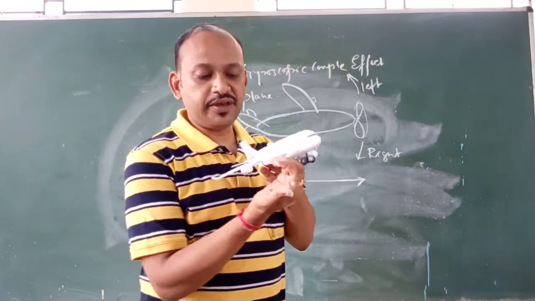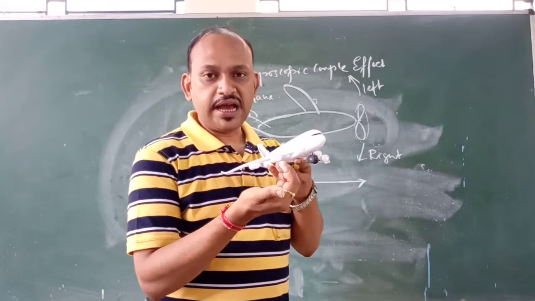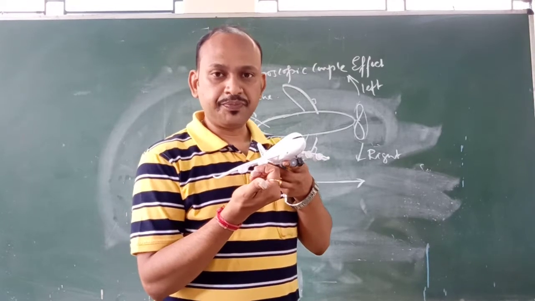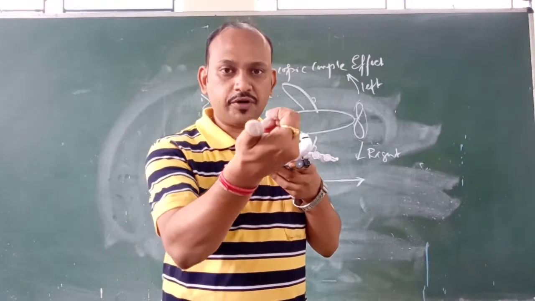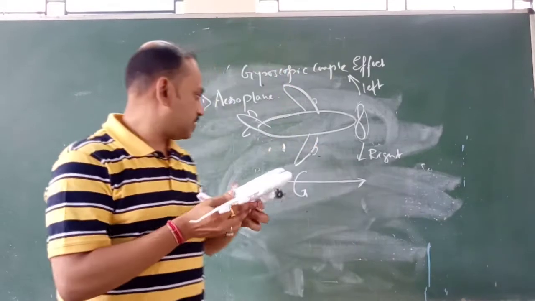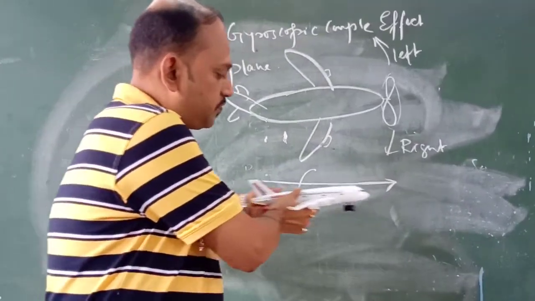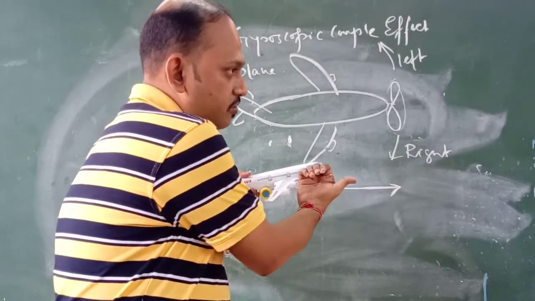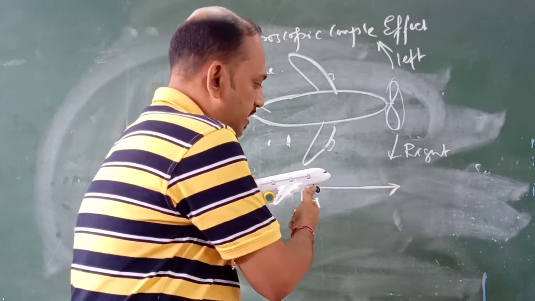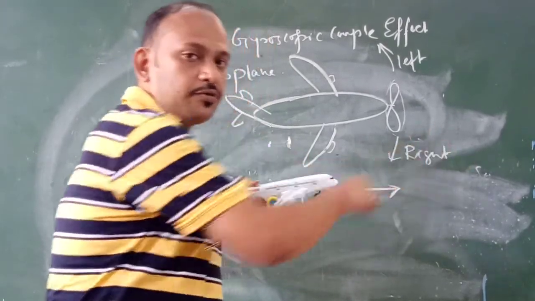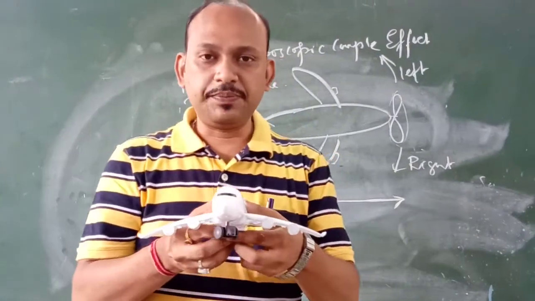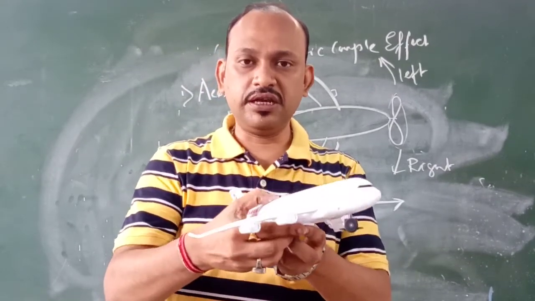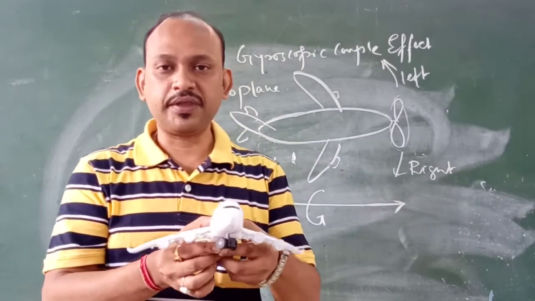Now if it is having an anti-clockwise sense of rotation when viewed from the front, that means the velocity vector will be acting in the forward direction. So this is the direction of the velocity vector as seen here. As the plane is moving in this way, the propellers are rotating in the anti-clockwise direction when seen from the front, and so the velocity vector will be in the forward direction. Now the plane wants to take a turn. Either it will steer to the right or it will steer to the left. So in that case, what will happen?